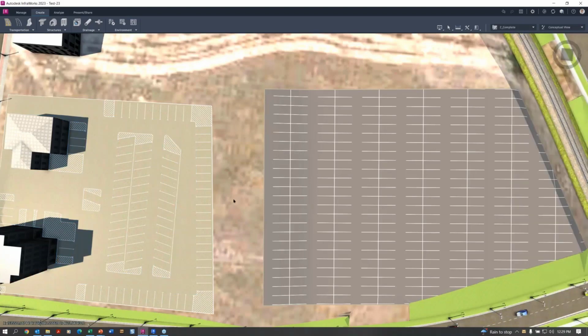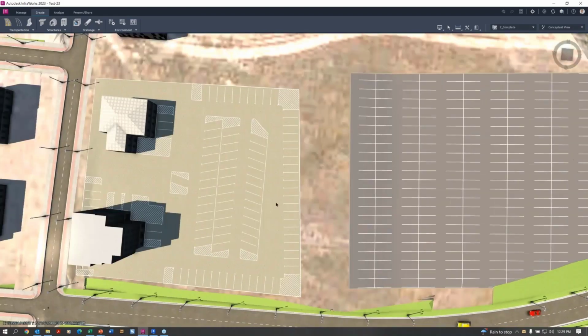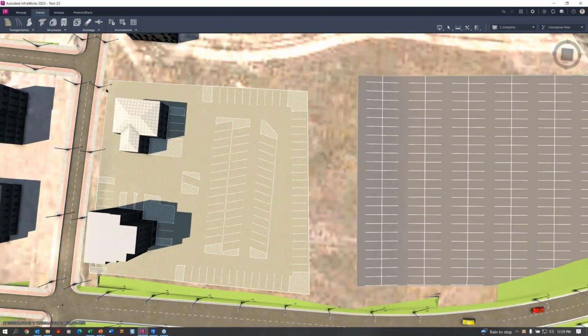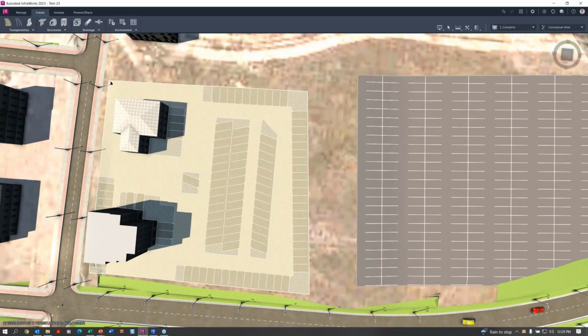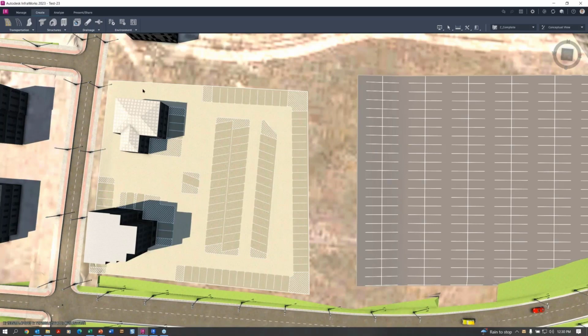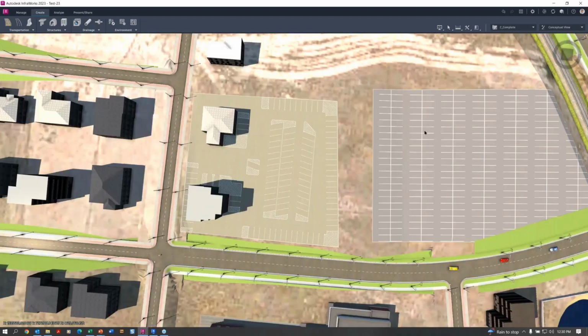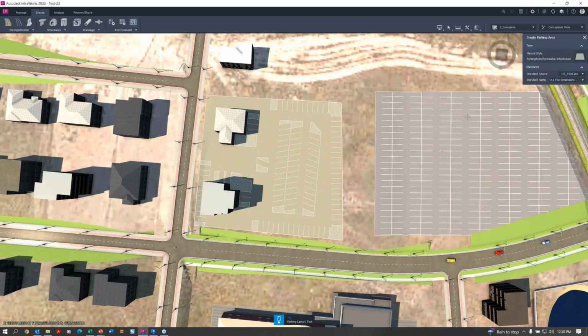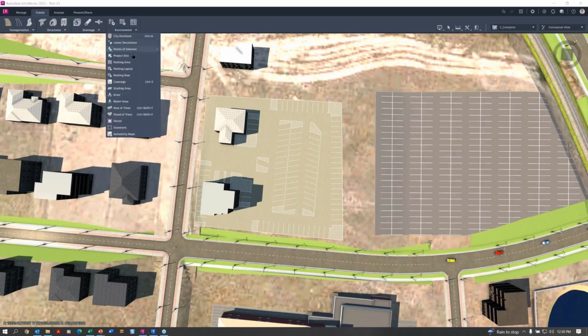So what's interesting is, a couple things here. It recognizes buildings and it puts the parking areas around those buildings as well. The other thing is, remember that I started my parking area up here in the top left corner. So this is actually where it starts the parking area, and it will always leave an island, leave an opening where it starts. If I apply the parking layout to my coverage area,